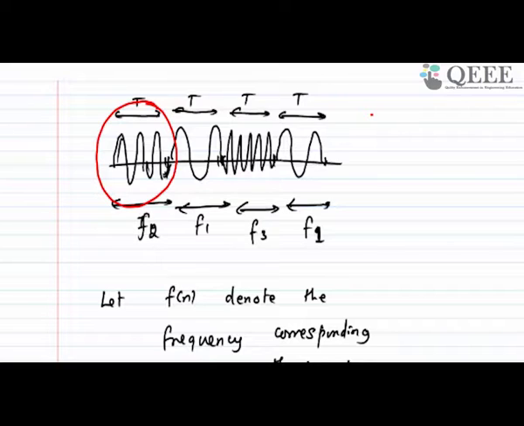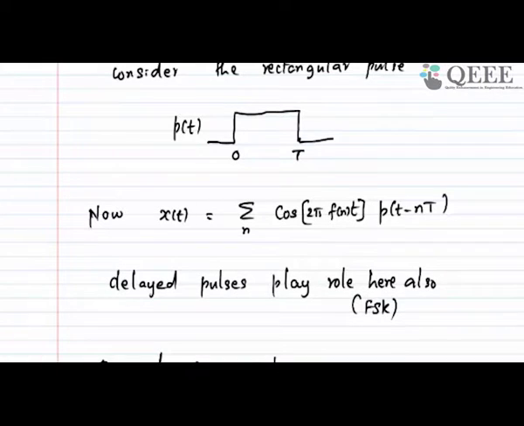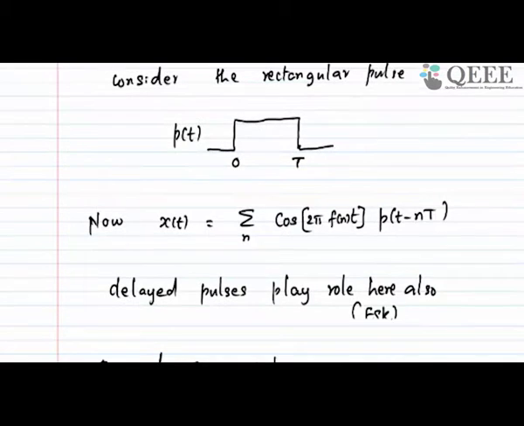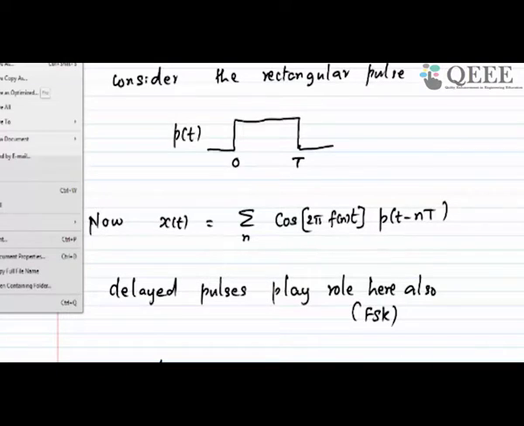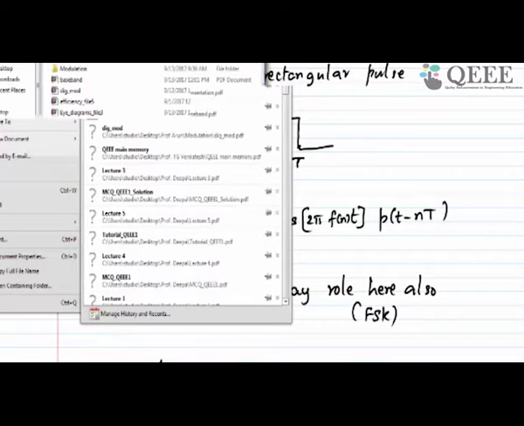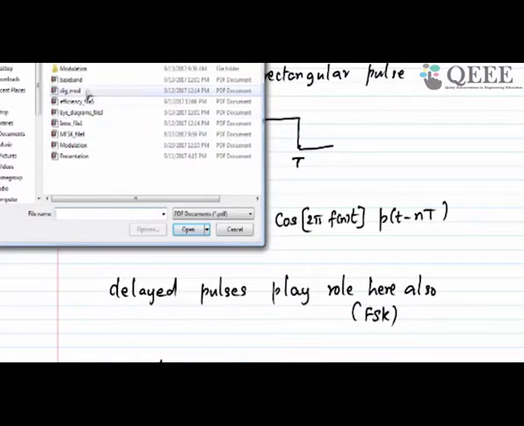So there is this problem of differentiating these frequencies. When you have 4 different frequencies, you should be able to differentiate them within this T seconds. So that is what we will look at now. What I am going to show you is that there should be a way of differentiating them within T seconds. Okay, so let me go back to the notes.